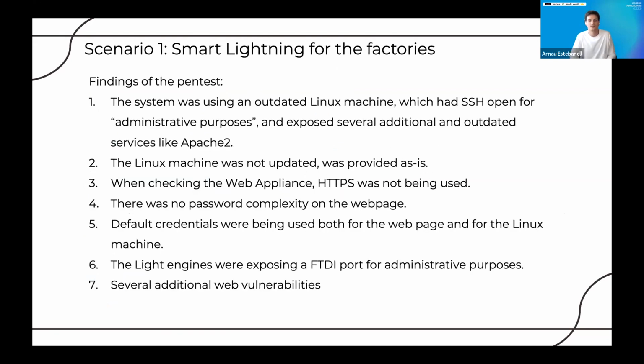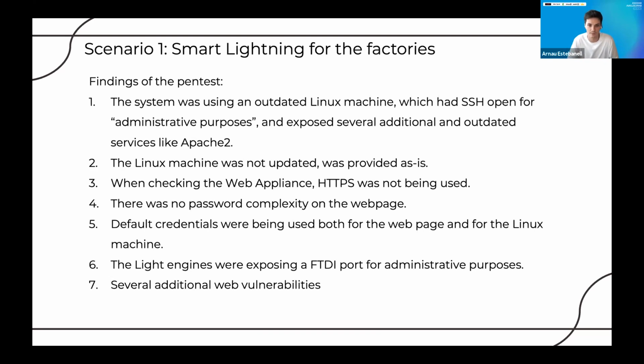So which were the high-level findings of this pen test? When we started scrubbing the surface and seeing what was happening and what was there, we saw that the system was using an outdated Linux machine. It had an SSH open for administrative purposes, and it exposed several additional outdated services like Apache 2. So imagine one day this SSH key or SSH password gets lost, then in a second, all the bad guys